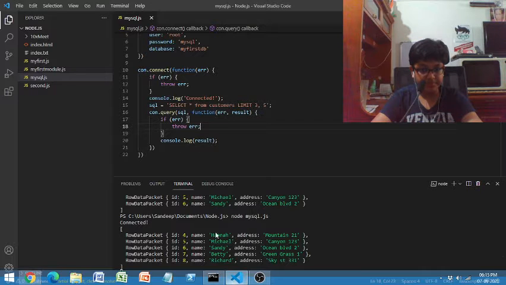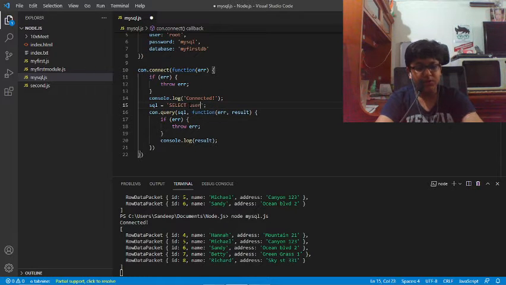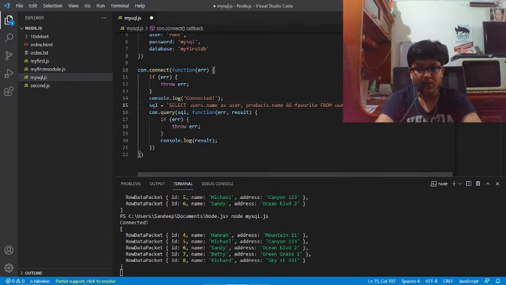So now let's try this. Select users.name as user and products.name as favorite from our users join products table, which creates a new table, on users.favorite equals